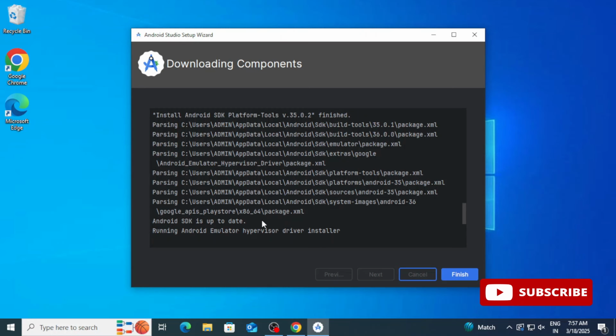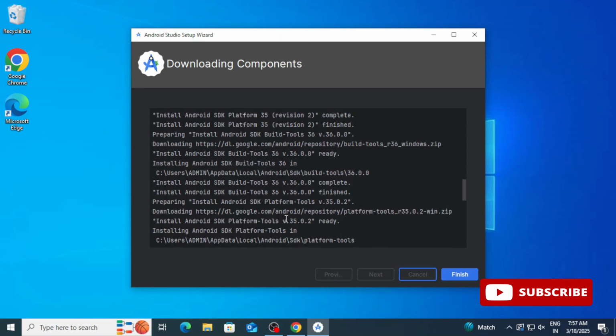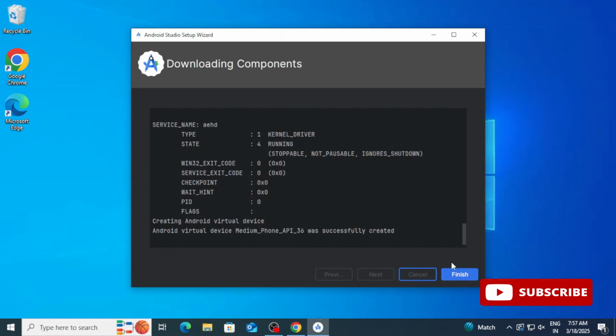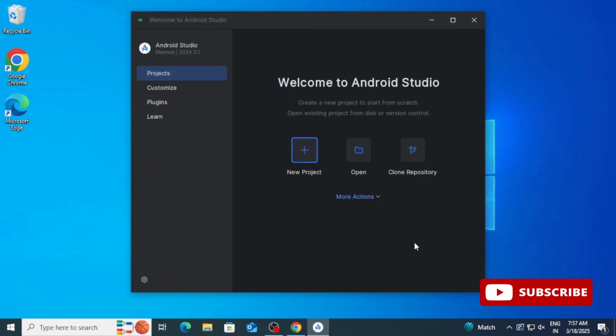So guys, now this is done. Now my installation of Android virtual devices is done. Here it's showing me this information. I need to just click on this finish button. Okay, so guys, after this it is showing me this studio, welcome to Android Studio, and here we have options for projects, plugins. So I'm going to take the option projects, and here I'm going to click on new project because I want to create a new project.